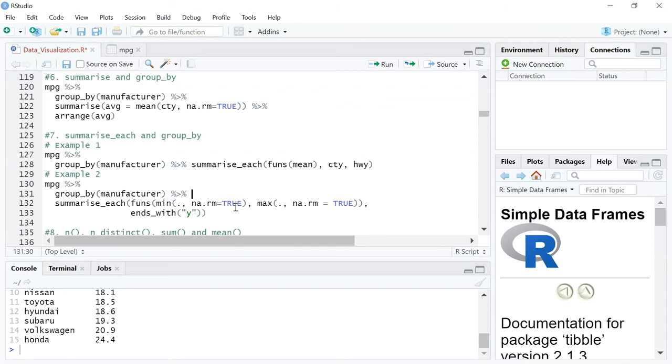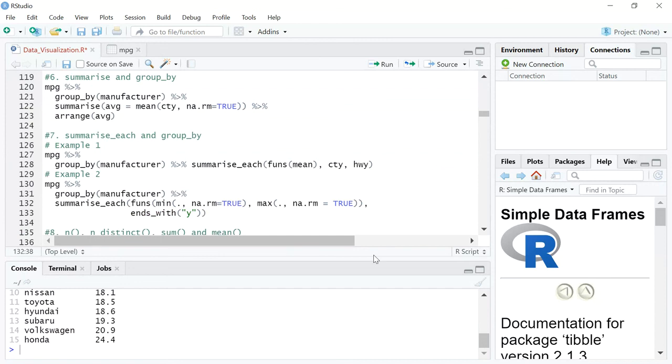Now let's say you want to take multiple statistical actions on multiple variables. You use the same MPG pipeline group by manufacturer command, and then you say summarize each. Now let's say you want to find out the min and max of all columns that end with Y.